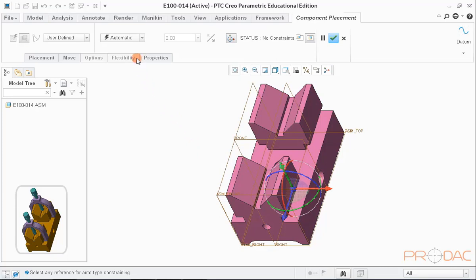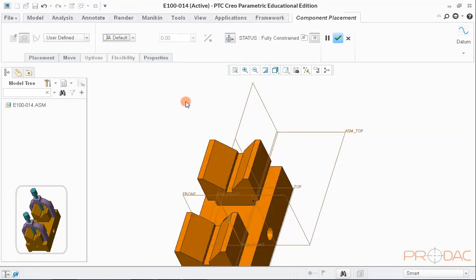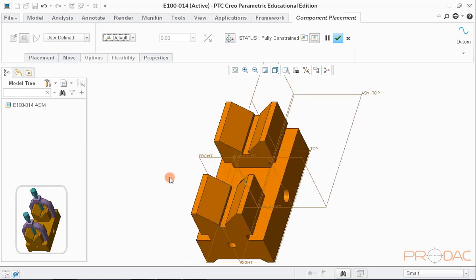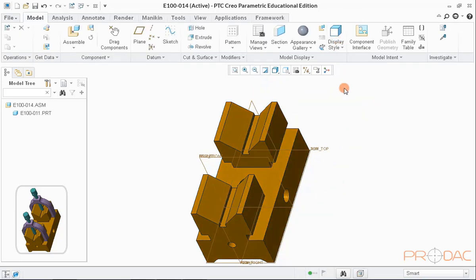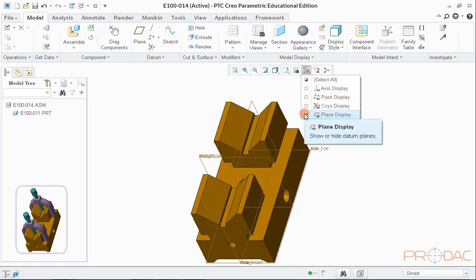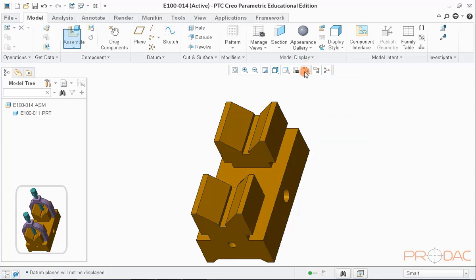Now, before we assemble next component of the assembly, let us look at the assembly first to see how all the components are assembled. Now click on OK button to proceed further. Next, we'll turn off the datums and open the next part for assembly by clicking on the button labeled as Assembly in the top menu bar.